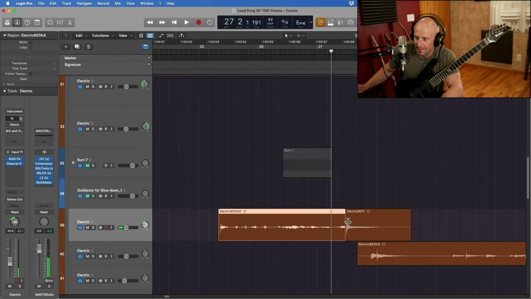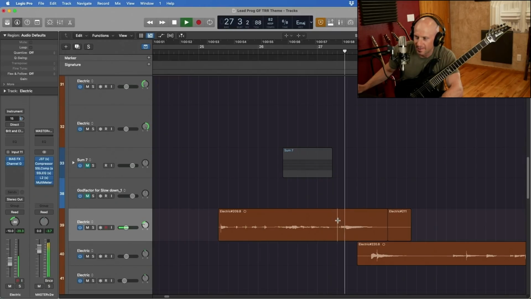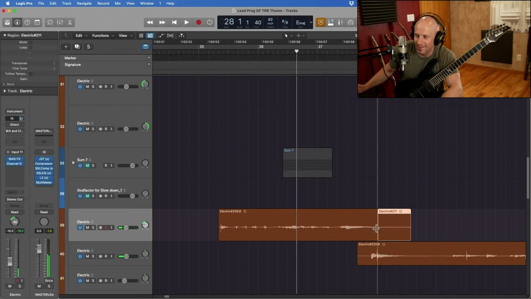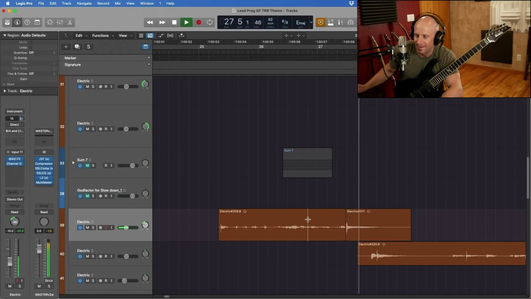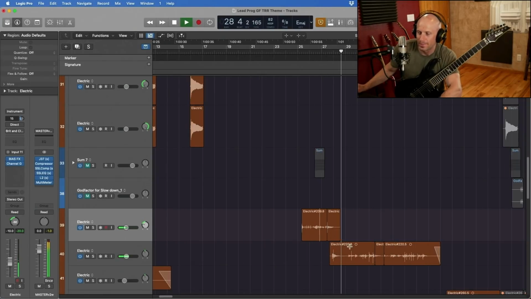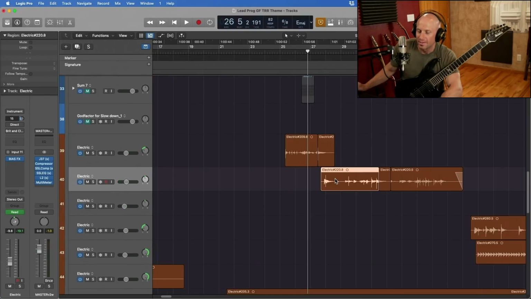Let's see here. That's what it was initially. That doesn't work near as well. I'm glad that I added this other note in there. Now here,